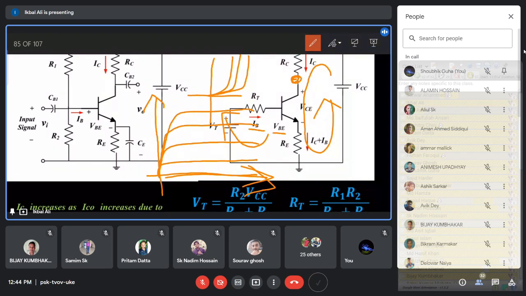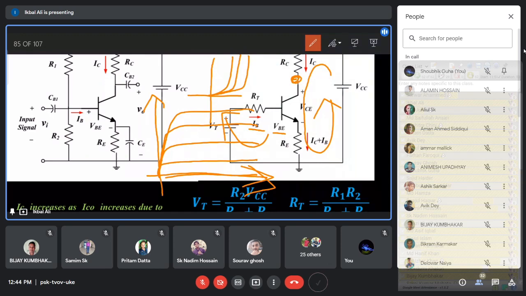These characteristics curves of the transistor can also be obtained experimentally. If you don't know the characteristics, and you have a transistor, then within the laboratory you can set up an experiment and draw the characteristics curve for whatever transistor you have in your hand. So you can draw this characteristics curve with the help of an experiment, or get it from the company data sheet where the curves are given.